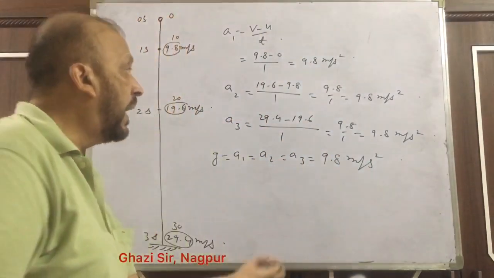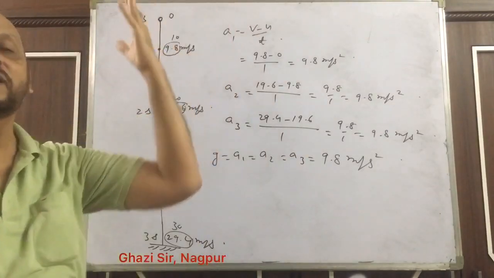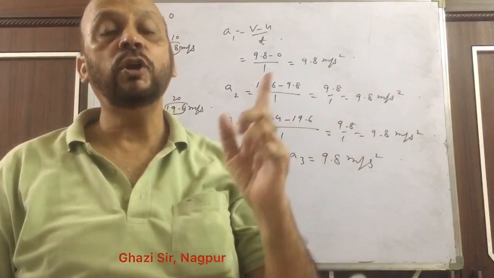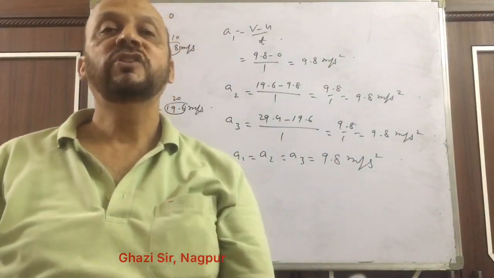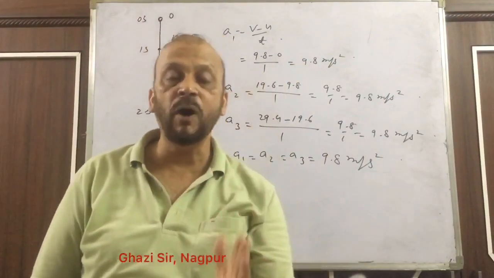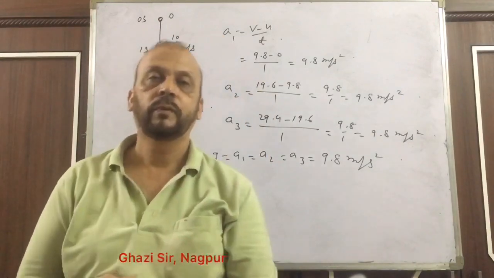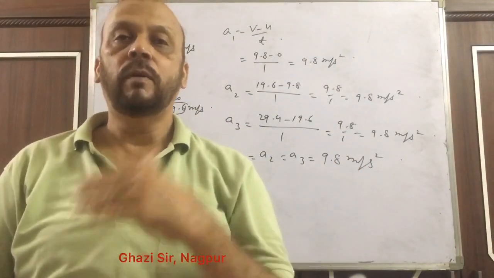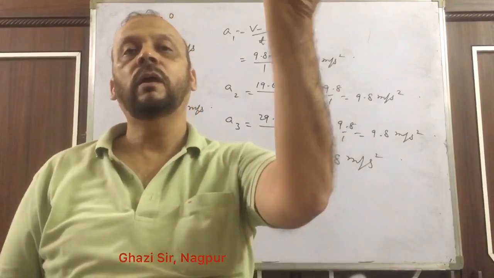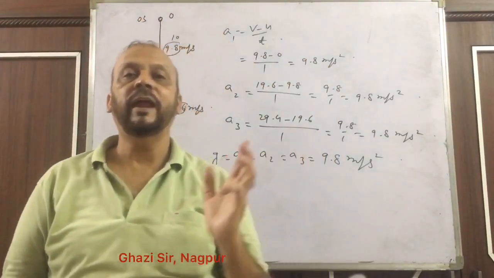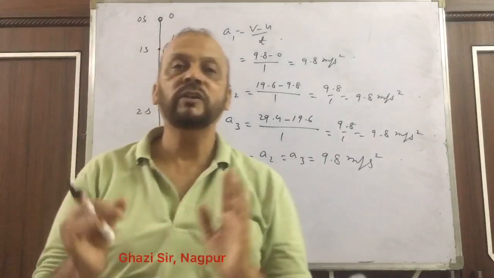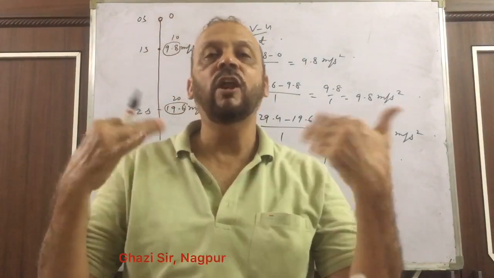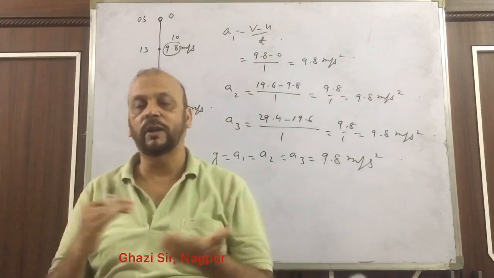अगर ऑब्जेक्ट को आपने अपवर्ड थ्रो किया तो फिर वेलोसिटी स्पीड डिक्रीज होगी, तब एक्सेलरेशन ड्यू टू ग्रेविटी नेगेटिव आ जाएगा. सो एक्सेलरेशन ड्यू टू ग्रेविटी मे बी पॉजिटिव, मे बी नेगेटिव. सो अगर डाउनवर्ड फॉल हो रहा है तो स्पीड बढ़ रही है, इट विल बी पॉजिटिव. अपवर्ड थ्रो किया स्पीड कम होगी, दैट मे बी नेगेटिव. सो दिस वर्ड अबाउट एक्सेलरेशन.